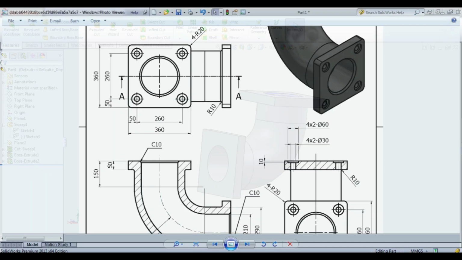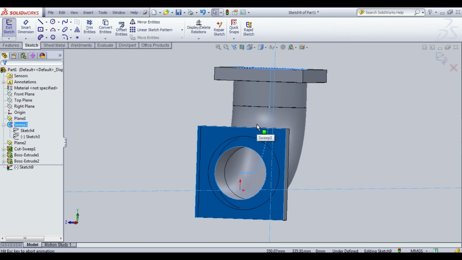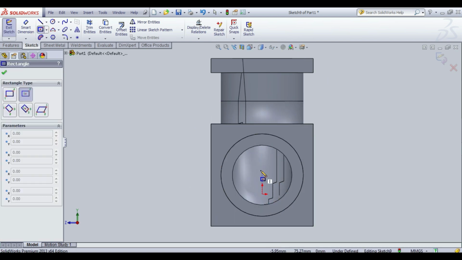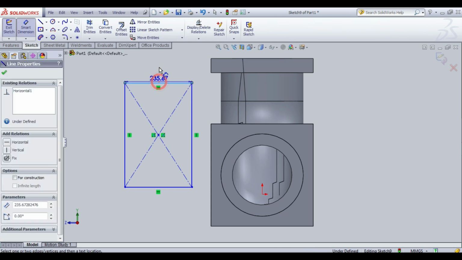First, you draw the rectangular of the flange. For 260 dimension.